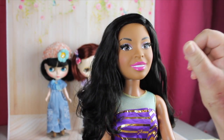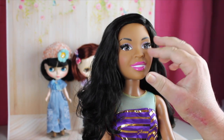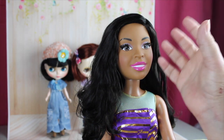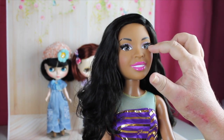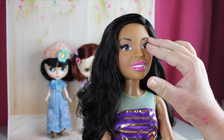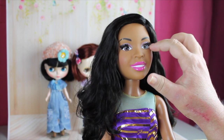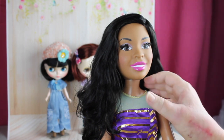My camera keeps cutting off for some reason, so I'm going to pick up where I think I left off. Is that she does have rooted eyelashes. And the way I want to do her eyes, because I want to give her a look that's not quite so open-eyed and cheerful, is I want to have her eyes a little hooded, which means the lash line would be lower on the lid. So I'll probably have to take these out and come up with a way to hide the holes, since these aren't glued on, where the eyelashes are rooted, and then hopefully I can camouflage that with the elaborate eye makeup